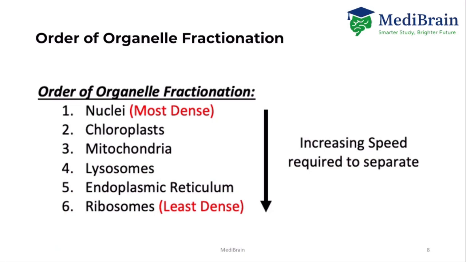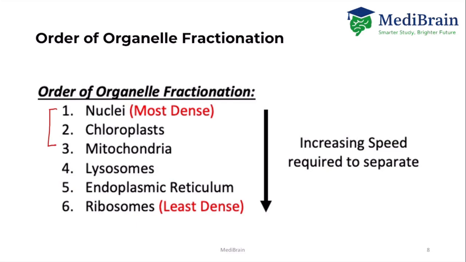Okay, so the first thing that comes out is nuclear, but normally when you're given an exam question, it's normally out of the first three that you get asked. So I would know the whole thing. There are acronyms that you can learn to remember the order of the organelle fractionation, but know the first three especially: nuclear, chloroplast, and mitochondria. Okay, so that's the order of organelle fractionation. And that is basically everything in terms of content for cell fractionation and